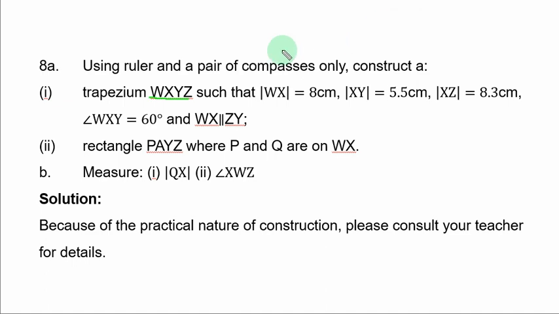Question 8a. Using ruler and a pair of compasses only, construct (i) a trapezium WSYZ such that WS is 8 cm, YS is 5.5 cm, SZ is 8.3 cm, angle WSY is 60 degrees, and WS is parallel to ZY;